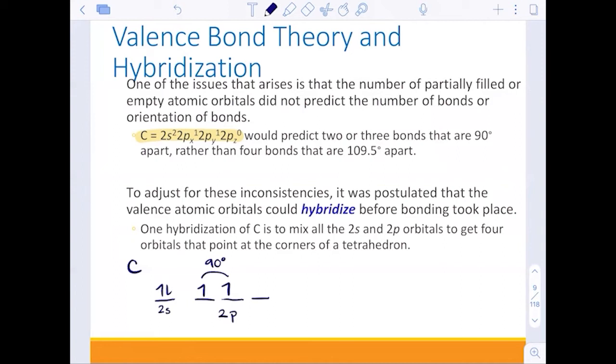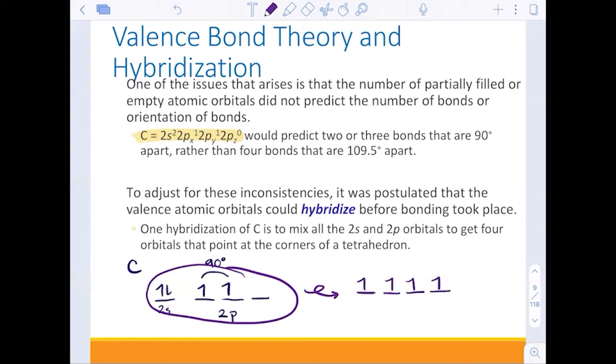And what happens when we mix s and p orbitals, even though these are all different energies? Let's imagine throwing them all together, putting them into 4 equal energy orbitals, and 1 valence electron goes in each. What I like to compare this to is cupcakes. I hope we've all made cupcakes before, or at least seen cupcakes, maybe eaten